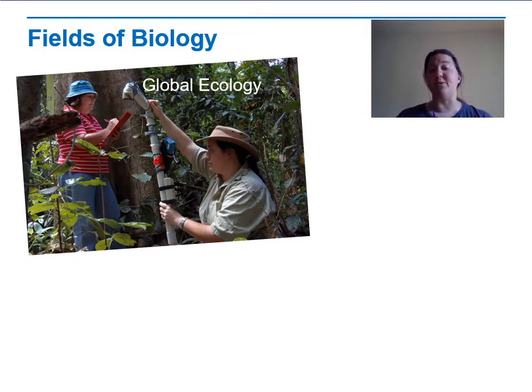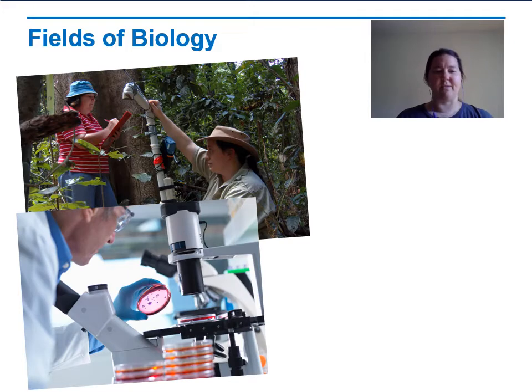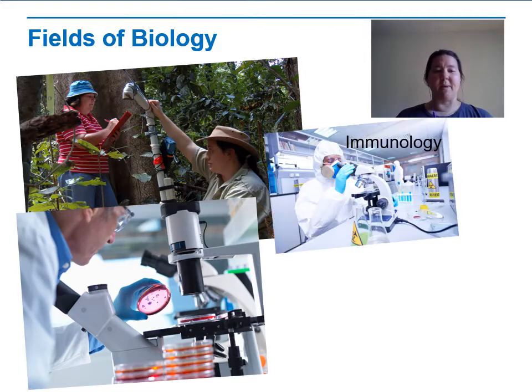Each one of these categories has its own million sub-branches. Depending on if you're interested in anything that has to do with the natural world, whether it's medicine, technology, any of that kind of stuff, you can find something. Okay? Then we have microbiology,